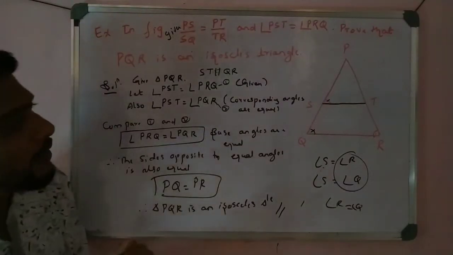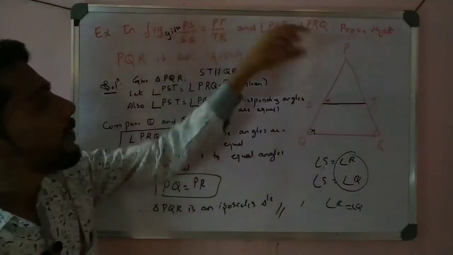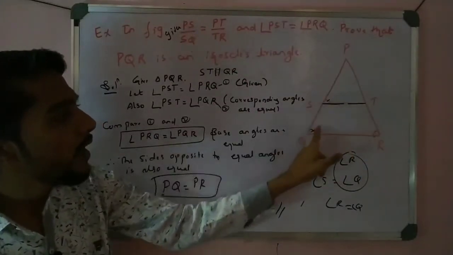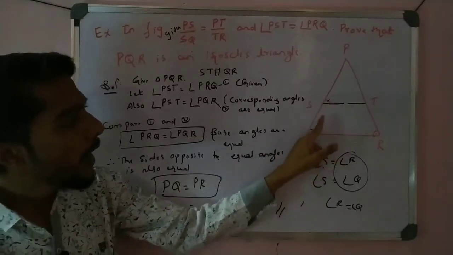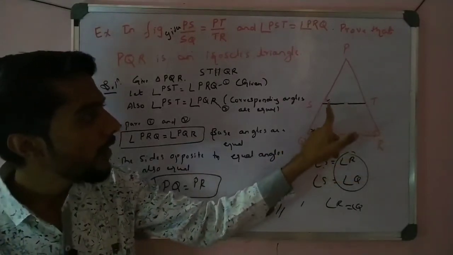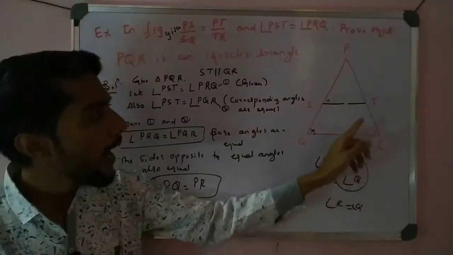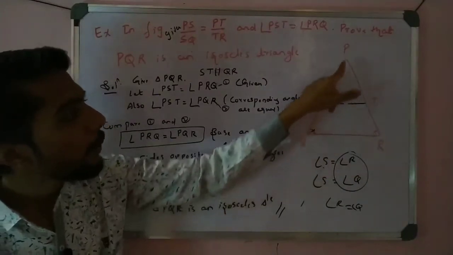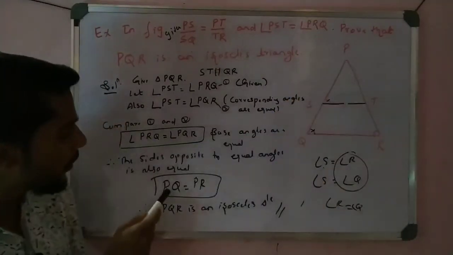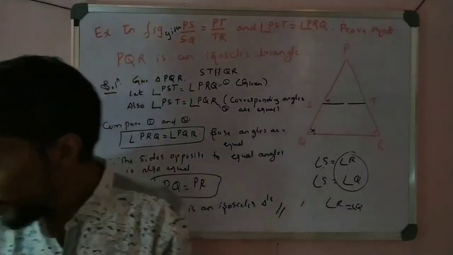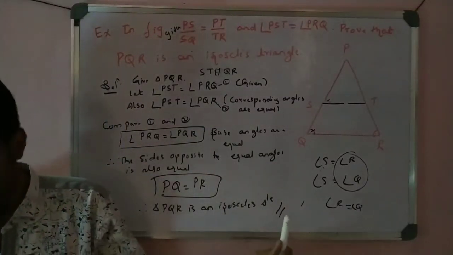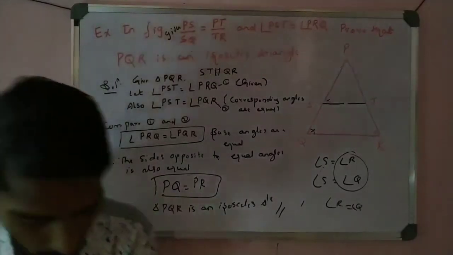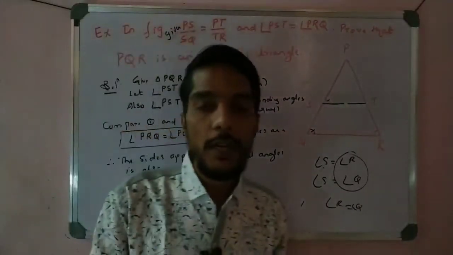So that is what we proved. What did we do here? If the sides are in the same ratio, then the lines are parallel. If the lines are parallel, these are corresponding angles, and S equals Q, and given that S is also equal to R, therefore Q and R are both equal. The sides opposite to equal angles are also equal. Opposite to R is PQ and opposite to Q is PR, so PQ equals PR. Students, this is the second proof of this solution. This is another very important example in the examination. Carefully practice this example. So these are two NCERT solved examples.